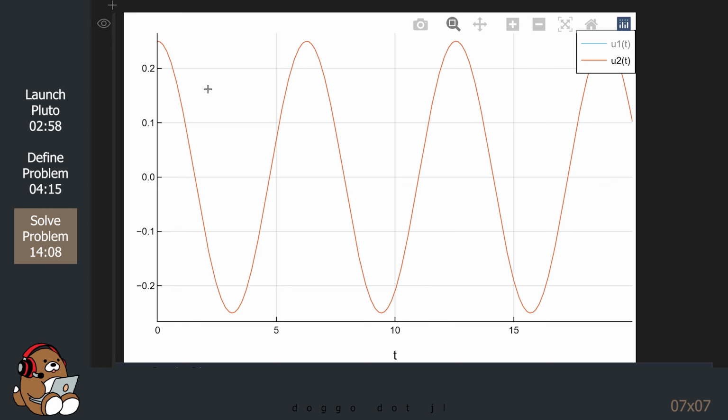Notice that it starts at 0.25, which is the initial displacement. As soon as the mass is released, the mass moves towards 0, and then ends up at negative 0.25. Once it reaches that point, the mass moves back towards 0, and then ends up at the starting point of positive 0.25. From there, the pattern repeats.